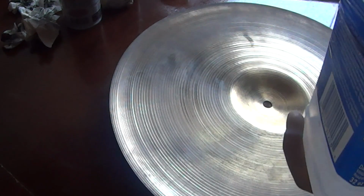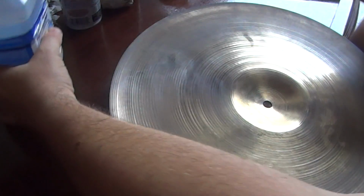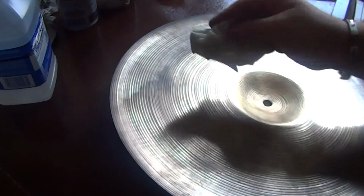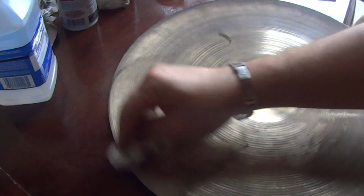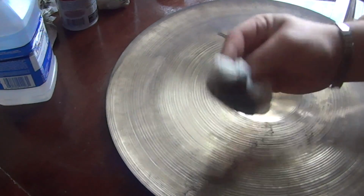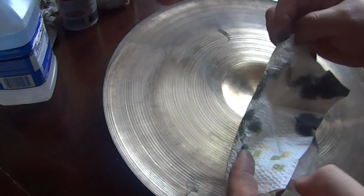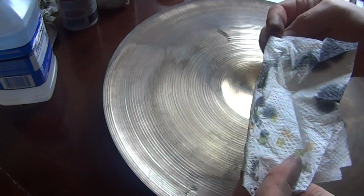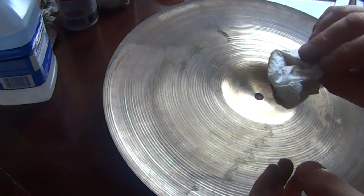Of course, you mustn't forget to read the instructions, and use it in a very ventilated area. Use a paint thinner. This does a better job of, look at that. Just look at that. It does a better job, actually. And the paint thinner is very, what's the word? I guess dense. Penetrates